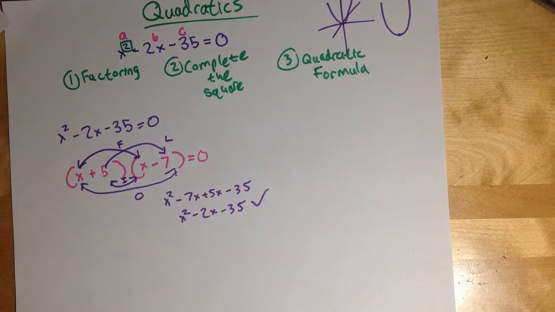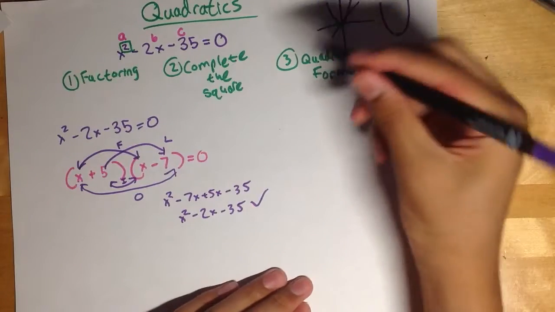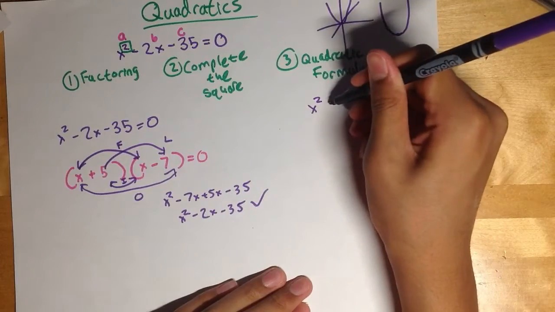That's one way of doing this. So let's look at another. The next is called completing the square. So let's rewrite this equation: x squared